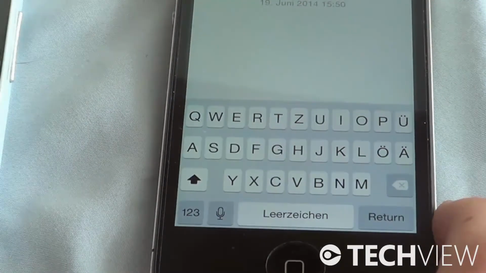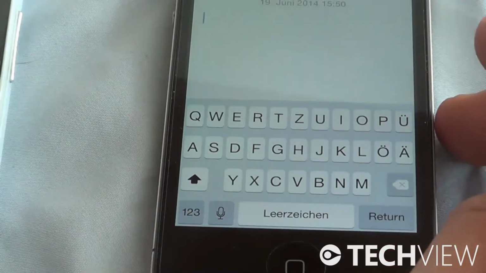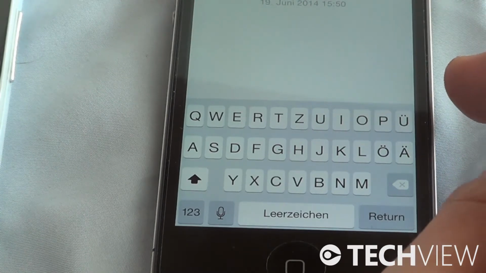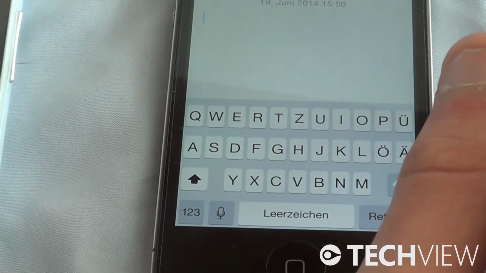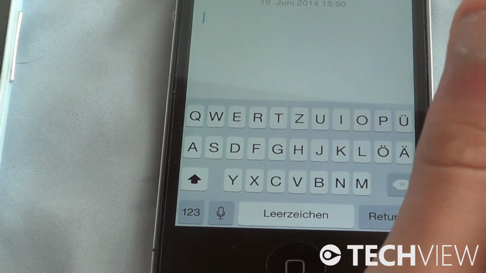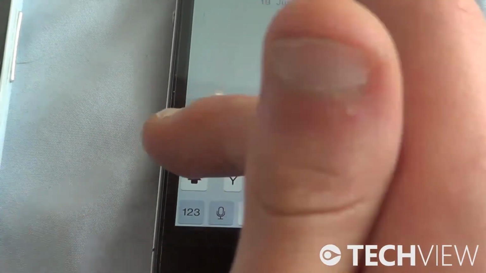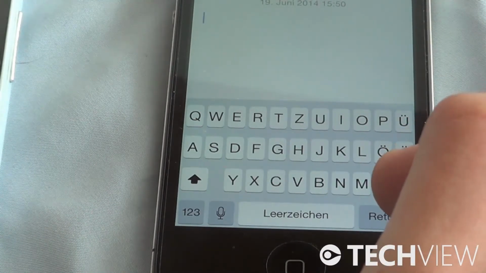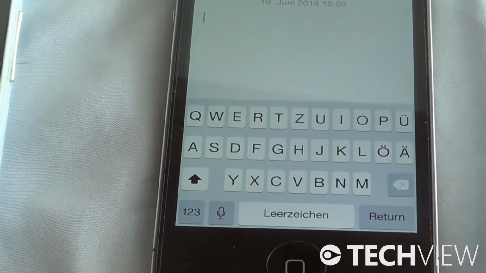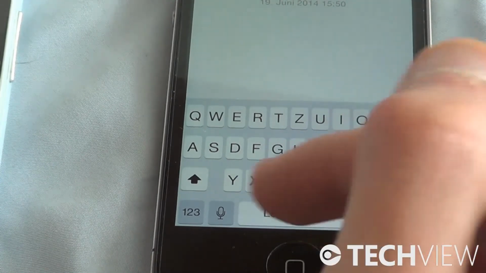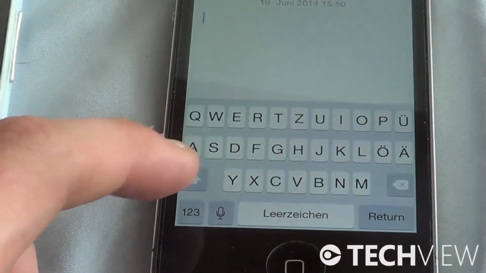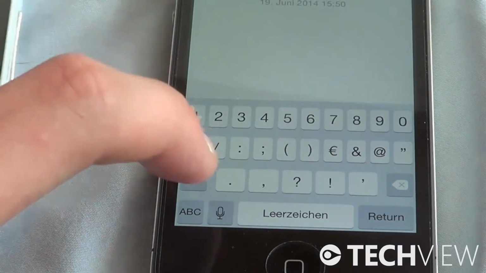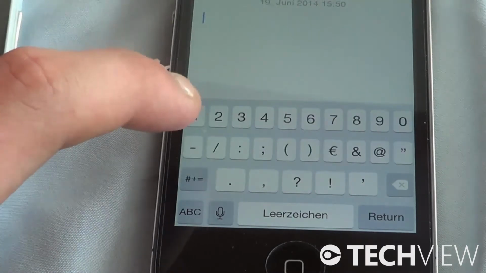Got the QWERTZ layout, but you've got the 3 German special letters. Basically, I don't know what they're called right now. In Germany we call them Umlaute. And yeah, you got your caps button, a voice input, the return or enter button, backspace, space, and the number pad, but you don't see any designated smiley tab at